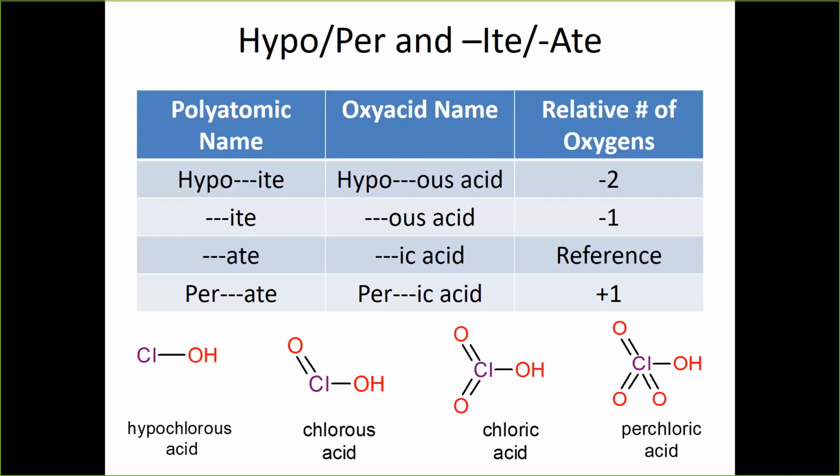You don't always have all 4 of these types of structures. So for iron, there's only 2. For this example that I've shown you with the chlorates, there's 4. So to name the ones on the far ends, you would use the hypo and the per. And why am I showing you this in an organic talk? Well, basically because we can still use this same system of nomenclature even for organic compounds.